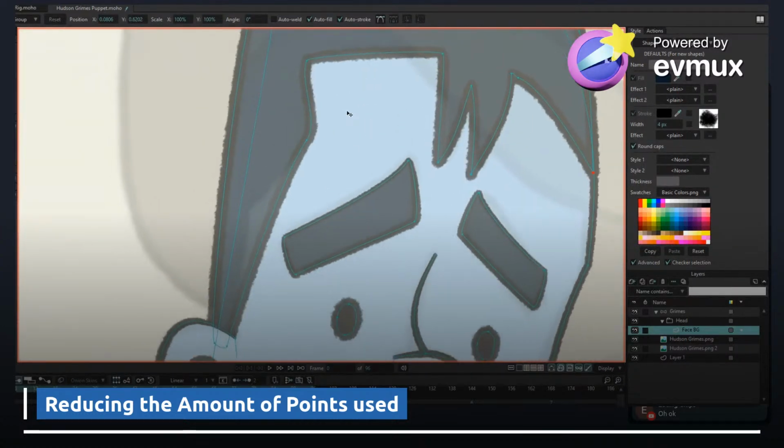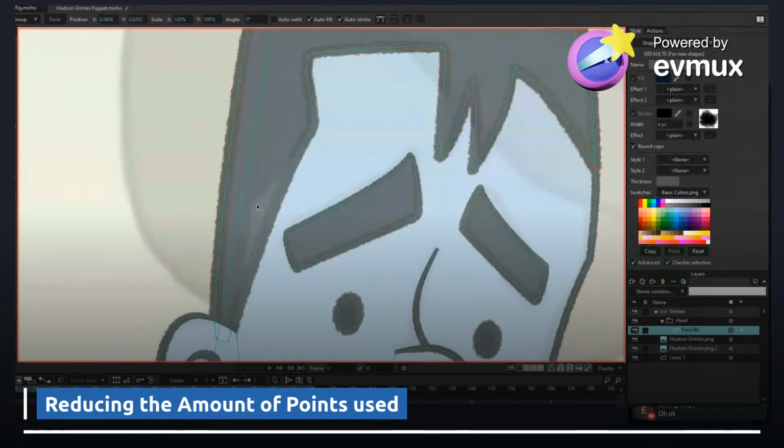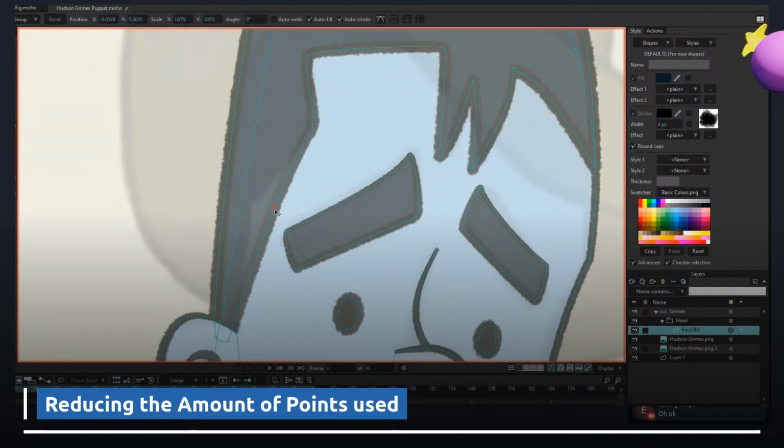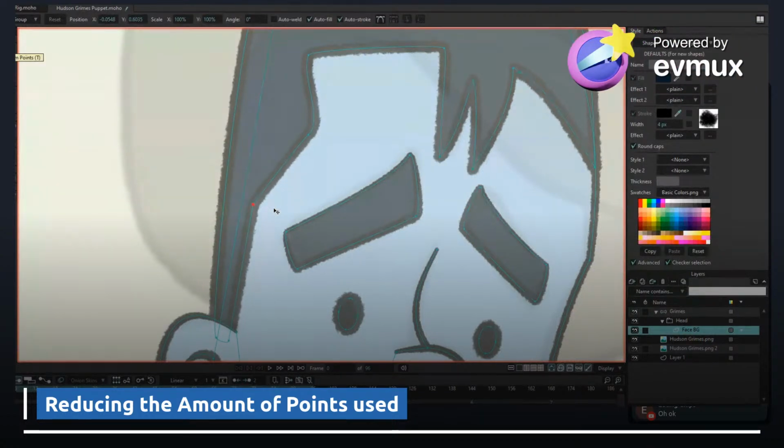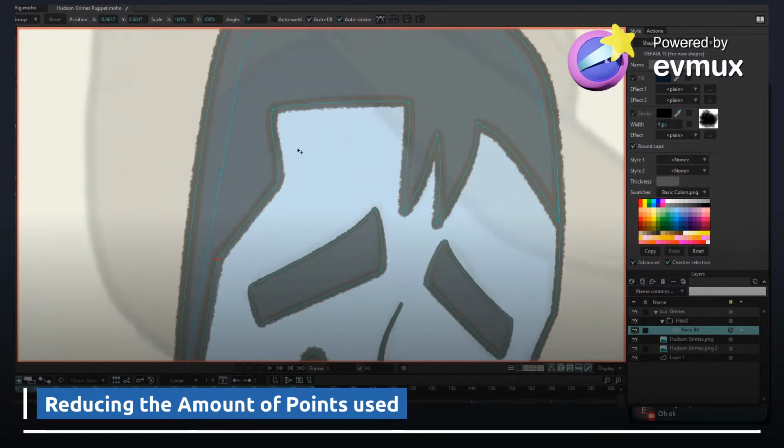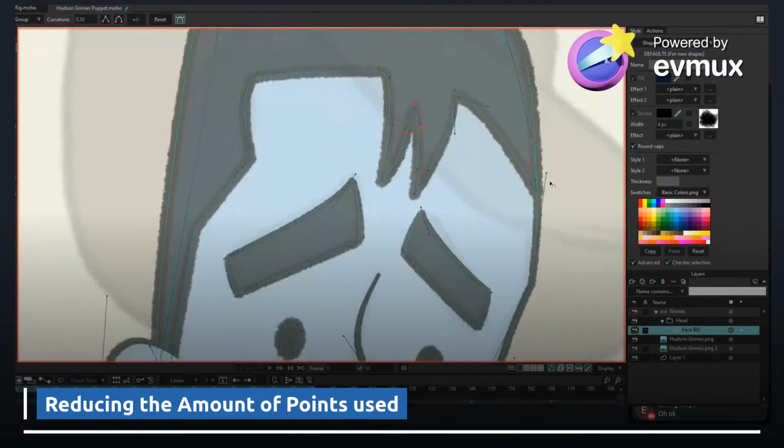And, oh, you know what? I want another point right here. So, A for add. Put my point down with my transform points tool, and just move that right there. So that's a little more what I want. And adjust this a little bit. Just that. Bring this over. Okay. Now that I got the shape I want,